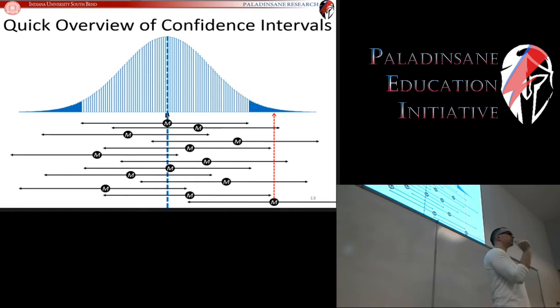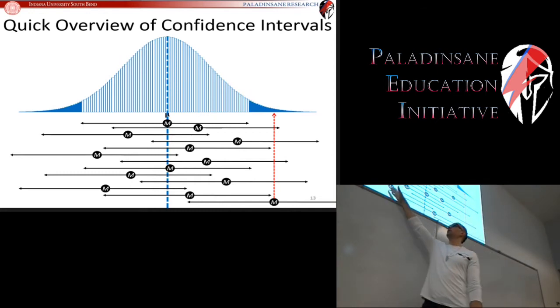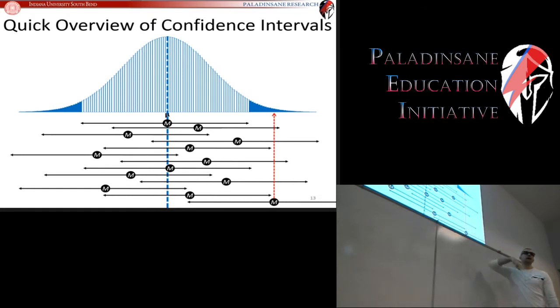So the center of your interval is always your point estimate. It's always your best guess. If you were going to give one number to estimate an unknown quantity, that middle of your confidence interval is your best guess. But then what we do is we have a range around that best guess that is your interval estimate. And by making the range as wide as the body of this distribution, and you can choose how wide you want to make the body of that distribution, by making it that wide, we get a confidence at